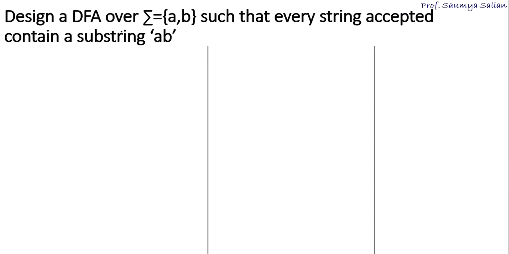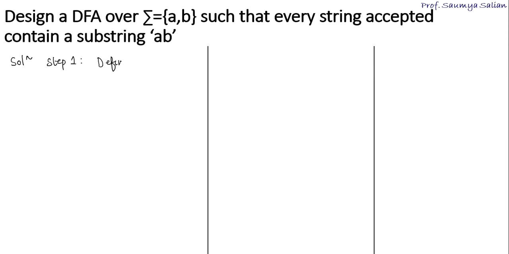Question. Design a DFA over the alphabet set A, B such that every string accepted contains a substring AB. So let's begin the solution. Step 1 we already know is to